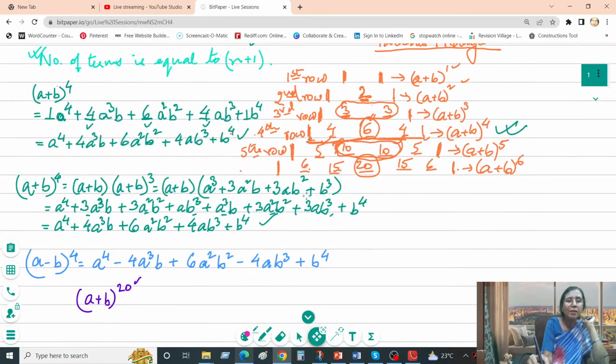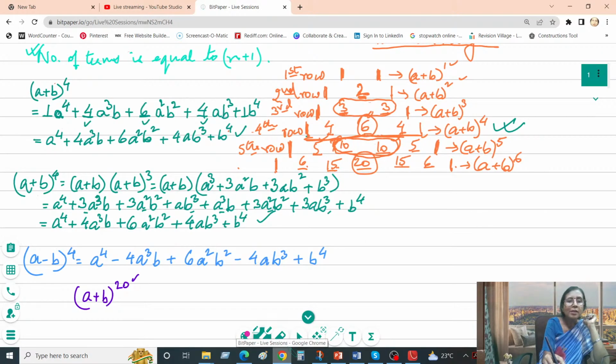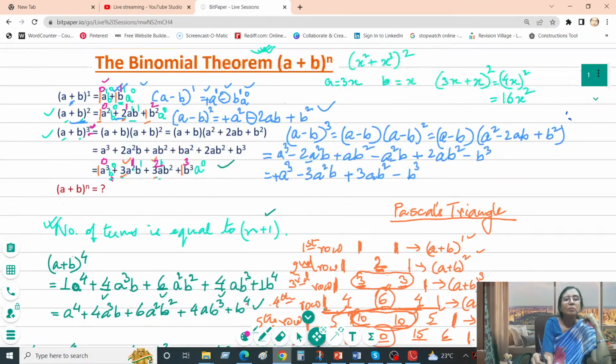For this also, (a+b)^4, this is the 0th term, this is the first term, this is the second term, this is the third term, and this is the fourth term. Okay. You have to remember that it will be starting with 0 and not 1. We are actually habituated in calling this the first term, but for the binomial theorem we will be starting our counting with the number 0. So this is the 0th term, the first term, and so on. So let us go to this part.